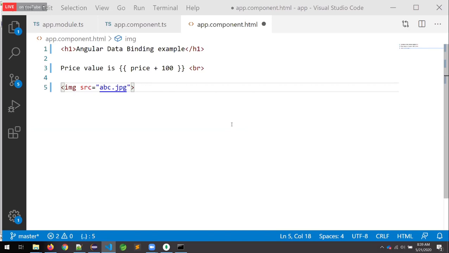Now observe, developer configured image. At that time I can configure like this, but my requirement is a dynamic image.